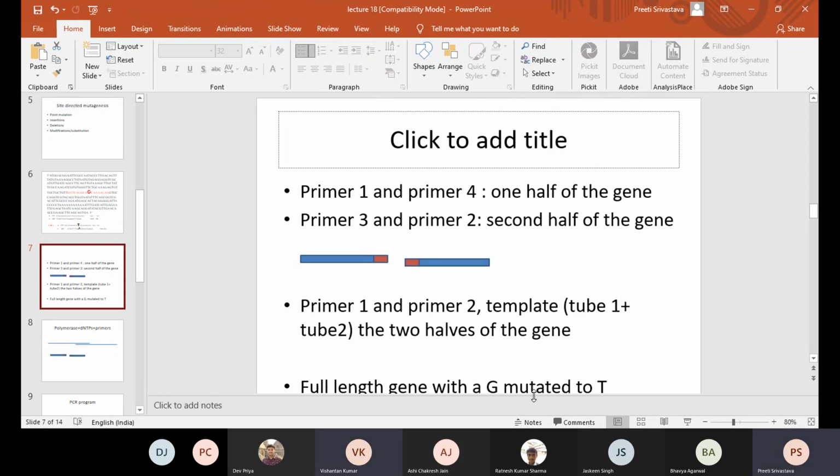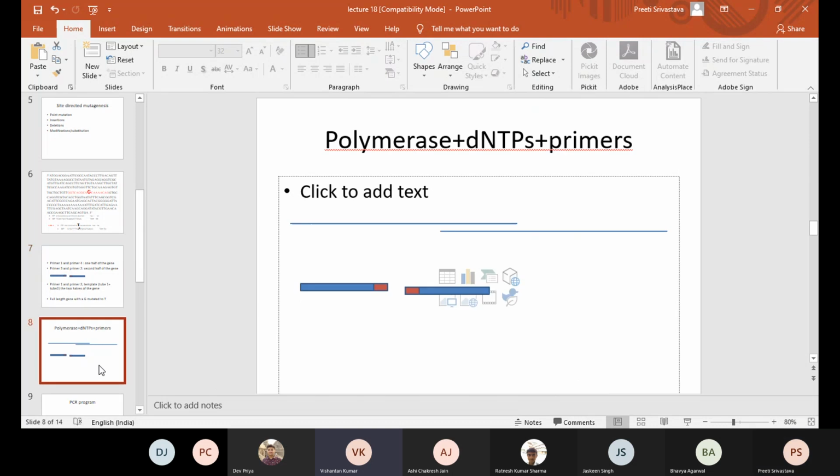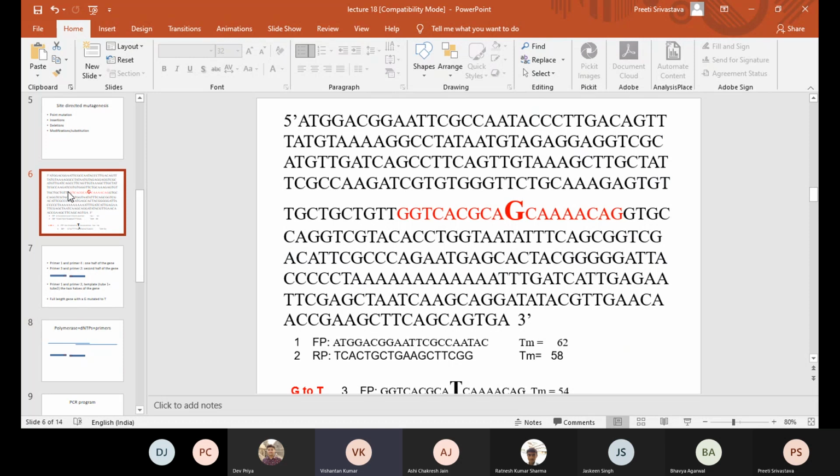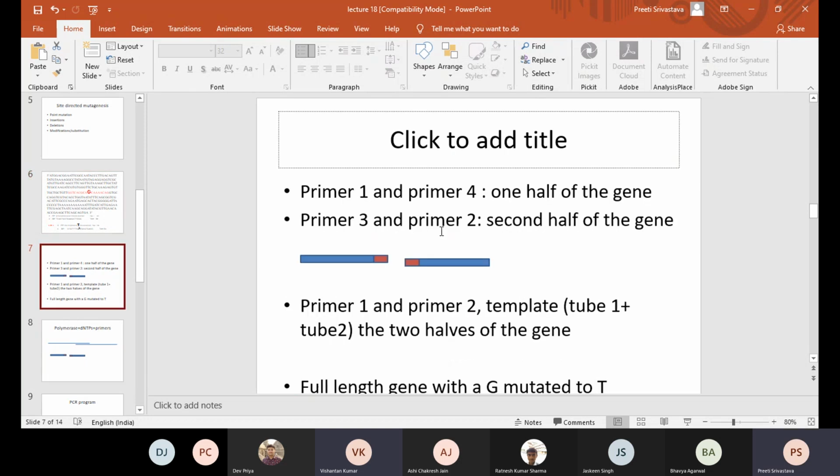Ma'am, I just had one doubt. In the assembly, in the beginning when performing PCR, would you add all four primers together with the DNA in the mixture? Would you add all four together, or would you add first one and four? No, hold on. Let me tell you, that is why I told you, you might have missed that.